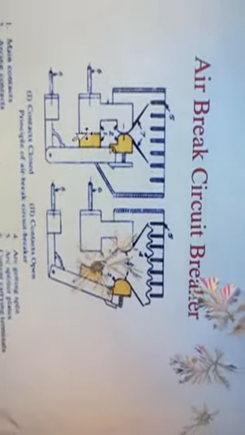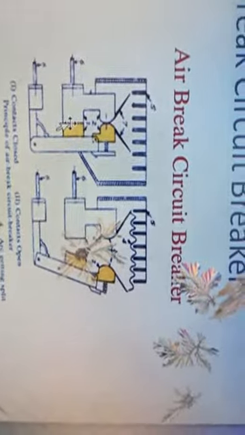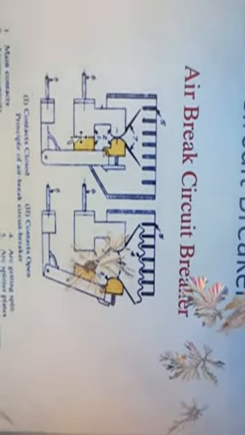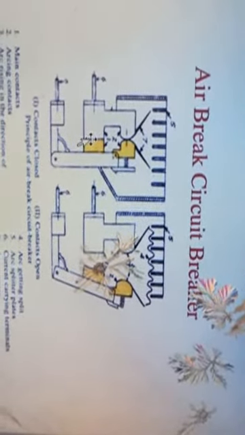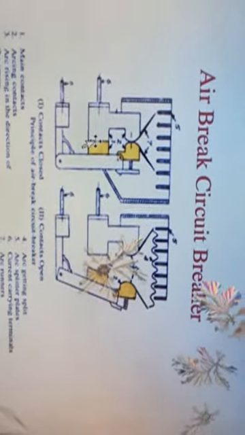Now we will go for the next, that is arc extinction in the air brake circuit breaker. In the air brake circuit breaker, the arc is lengthened, cooled and split so as to increase the resistance of the arc. The rapid increase in the arc resistance causes reduction in the fault current, and the fault current does not reach the prospective high value. The arc extinction process is assisted by current zero in the AC wave.